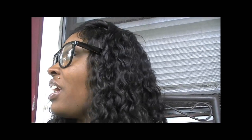So I'm really thinking that I'm gonna be done with lace wigs for a while, and I'm just gonna try to find some nice hair and just do some sew-ins with maybe a lace frontal in the front or something. I'm done with these wigs. I am gonna try to continue to rock this wig because I paid for it, so I'm gonna try to get my money's worth out of it. But other than that, I don't think I'll be purchasing from MyLittleSecrets.com unless I can find another wig company who